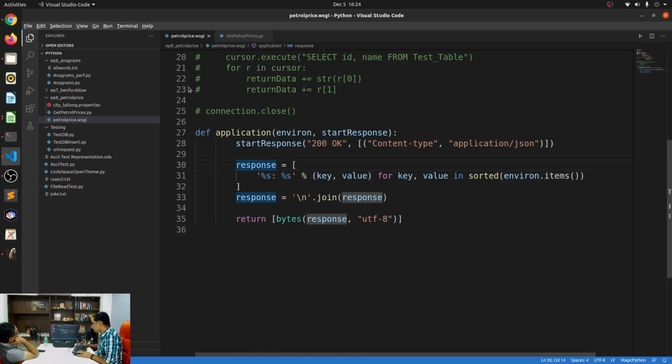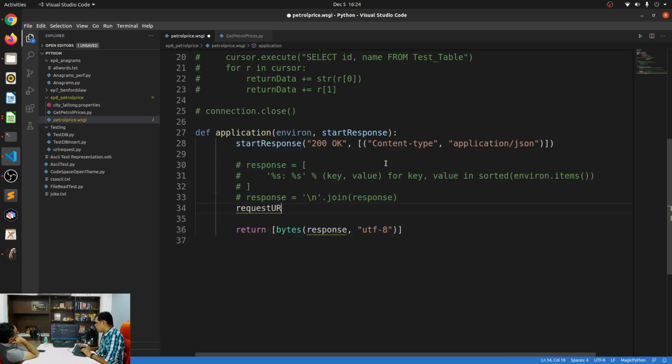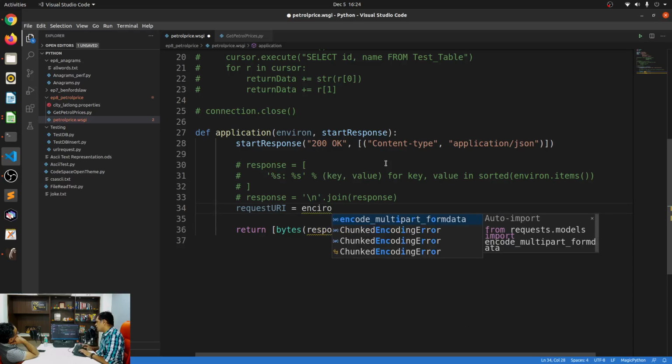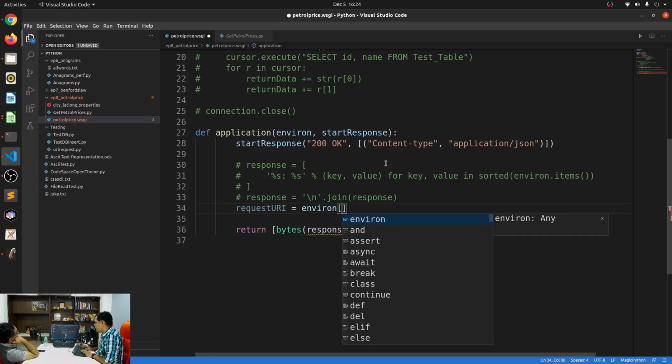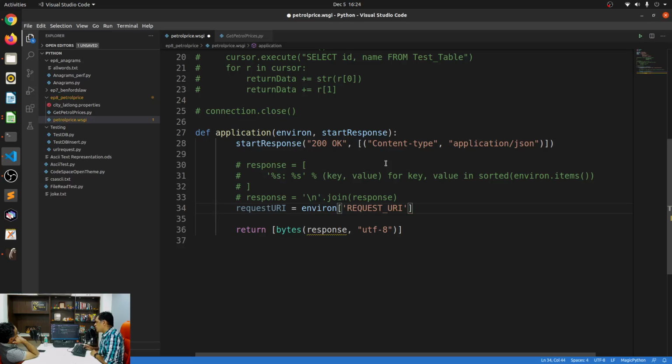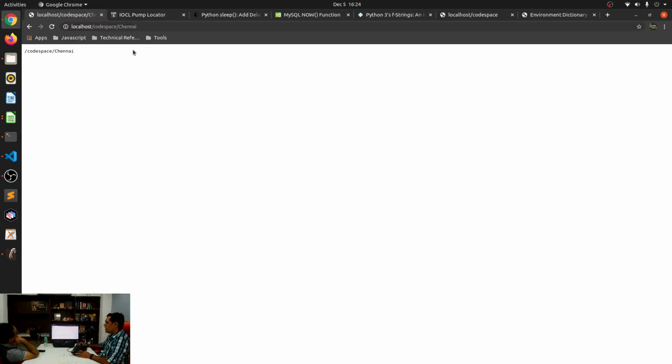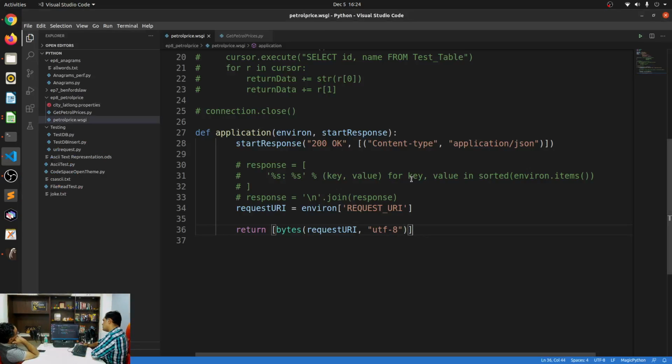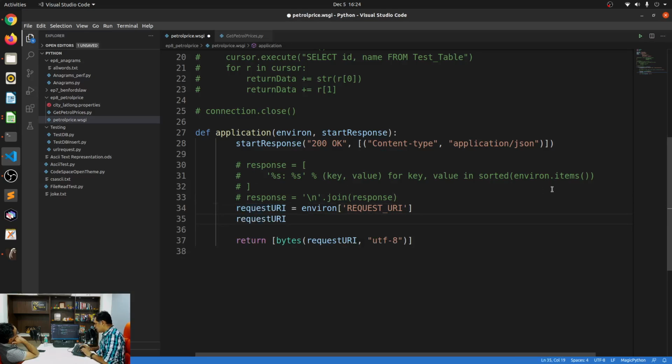So now that thing is called request URI. I do not want any of this now. I can say request URI is equal to environment of request URI. So that alone I think is enough. There you go. So that's code space slash Chennai. If I wanted the city, yes. So if I want the city, I can say the city is equal to